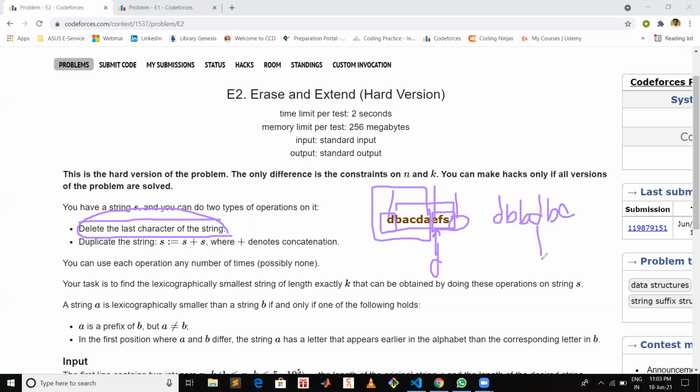So here this D and D are equal. So can you get a lexicographically smaller string if you delete this part which is coming after the D, and you will be concatenating later this first half? For that you have to check the remaining part. Since you cannot decide with this D, you have to check for the remaining parts.